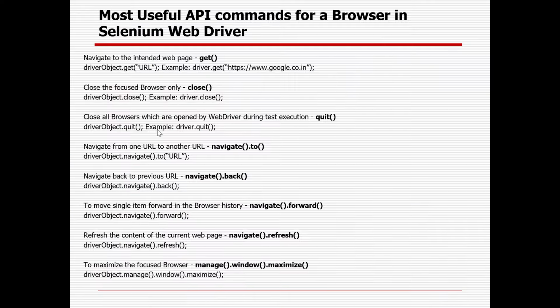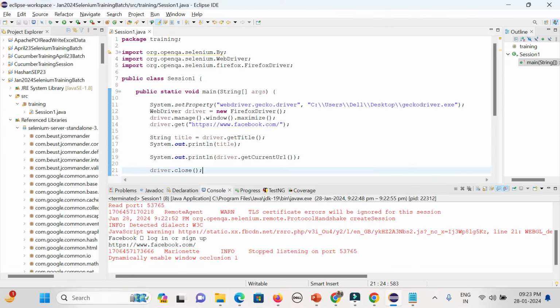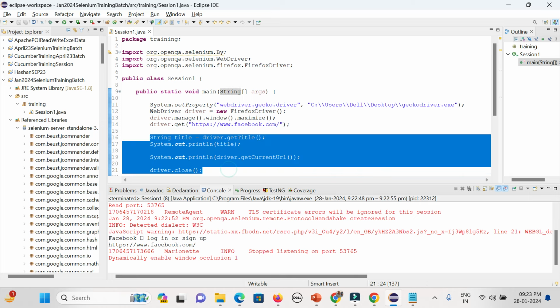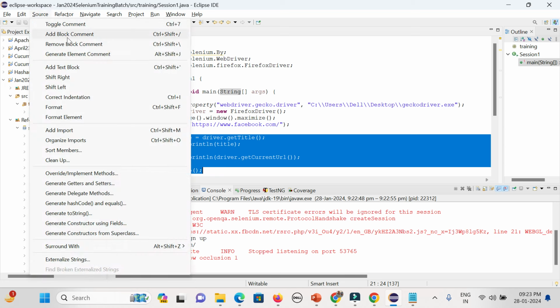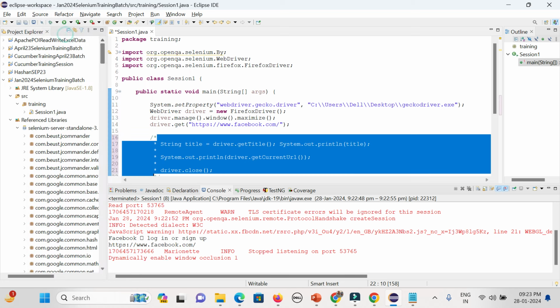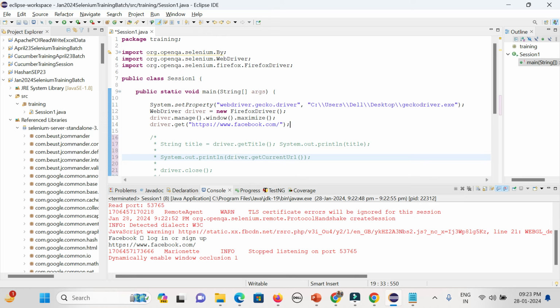Okay. Then if you want to navigate from one URL to another, what you can do, let's comment this out. How can you comment the whole page? Select all the lines, go to Source, and choose Add Block Comment. You can comment all in a single step.